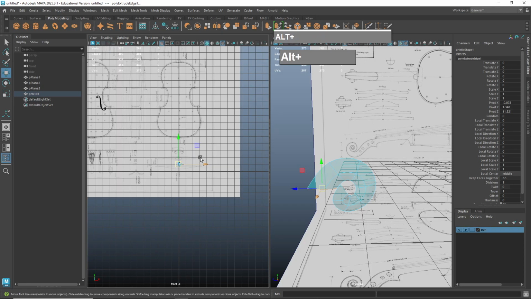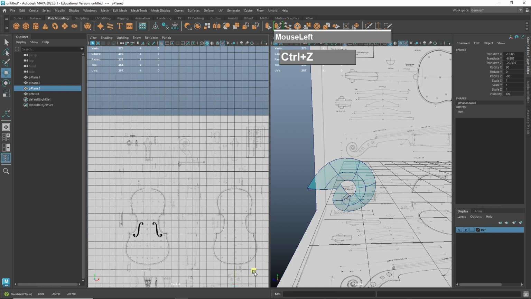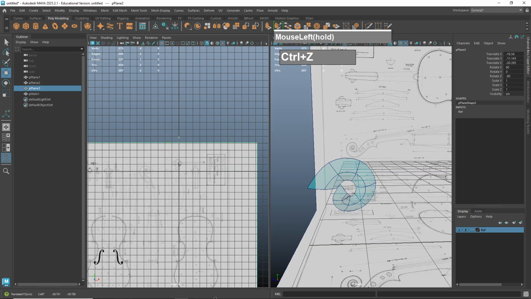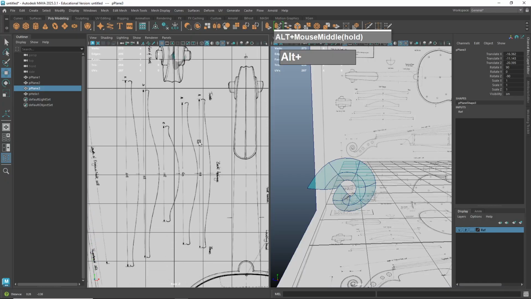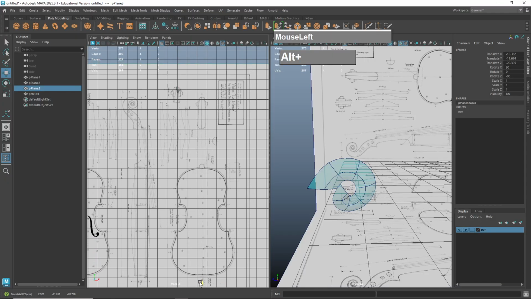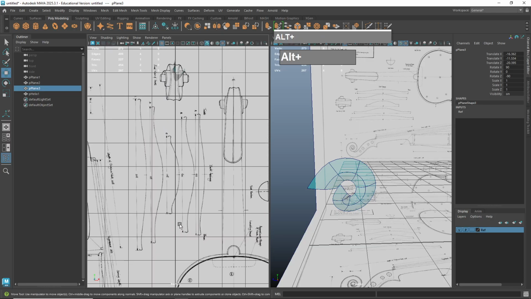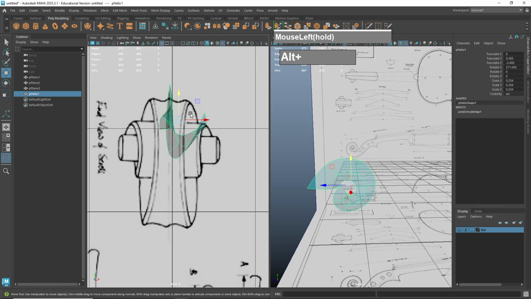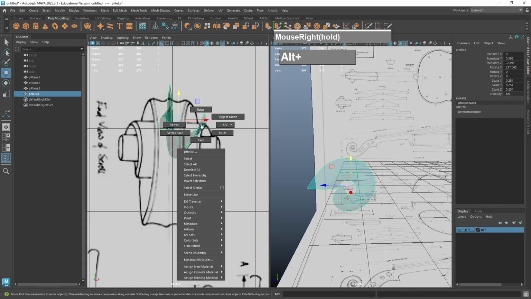Okay, so I move the front reference down until I find the scroll. Just roughly here, like that. So I'm going to use this one as a reference first, because I want to see how much the scroll actually goes out. And I can see from here very clearly that the scroll actually comes down the spiral quite gently. So that means I have to scale this thing or move this entire piece outwards a bit